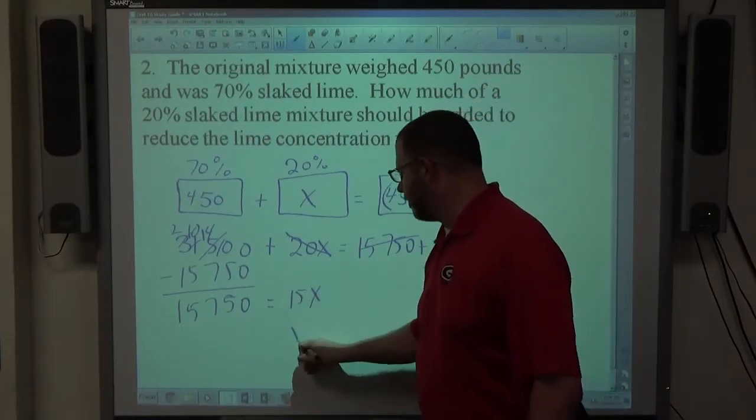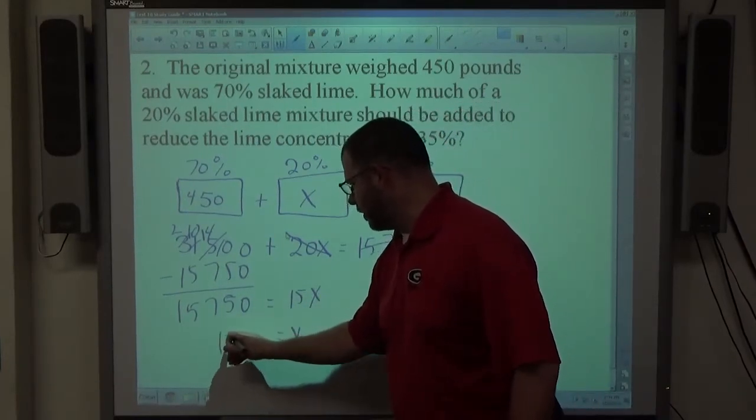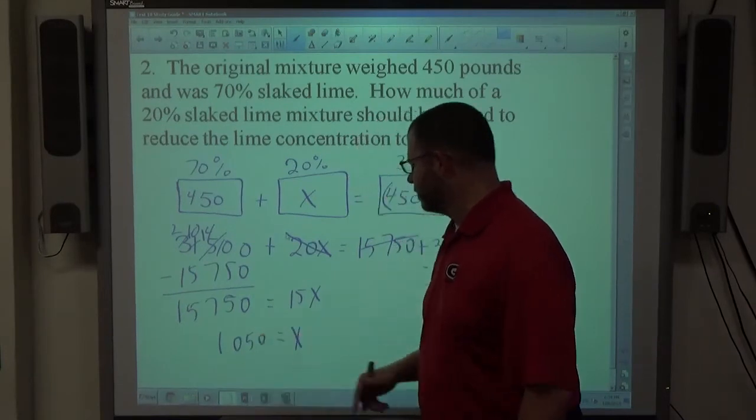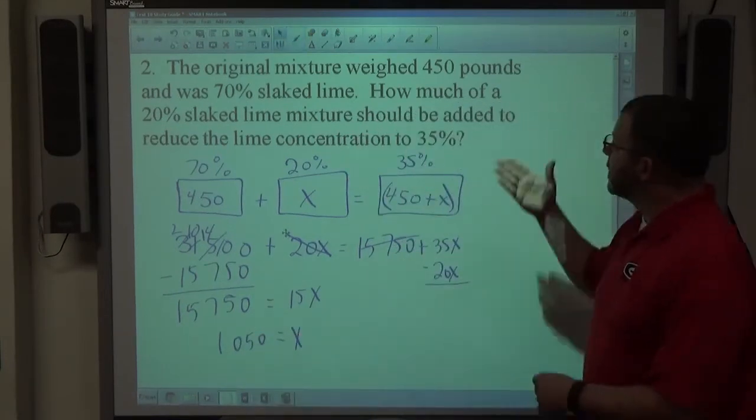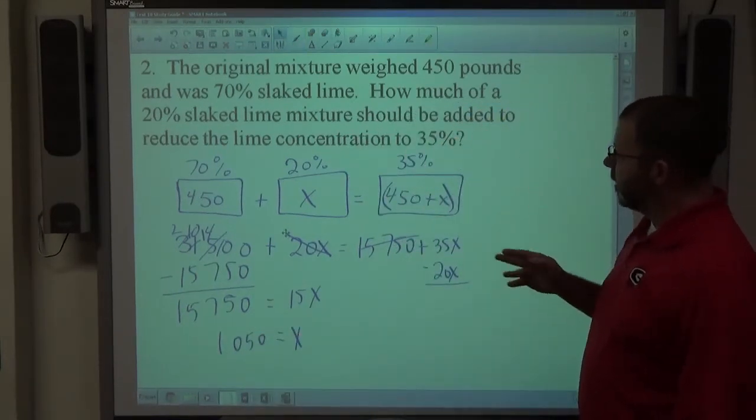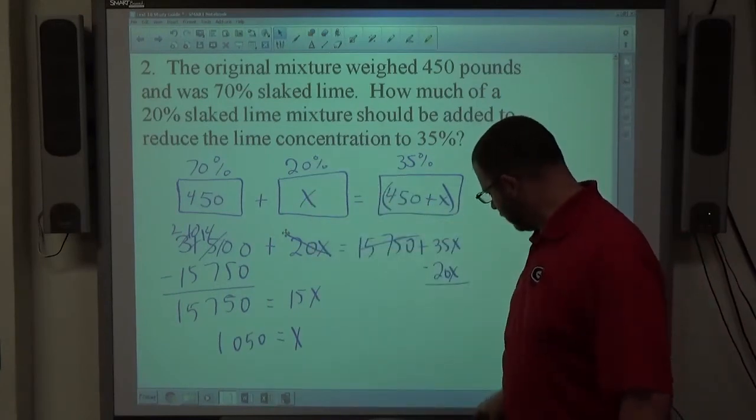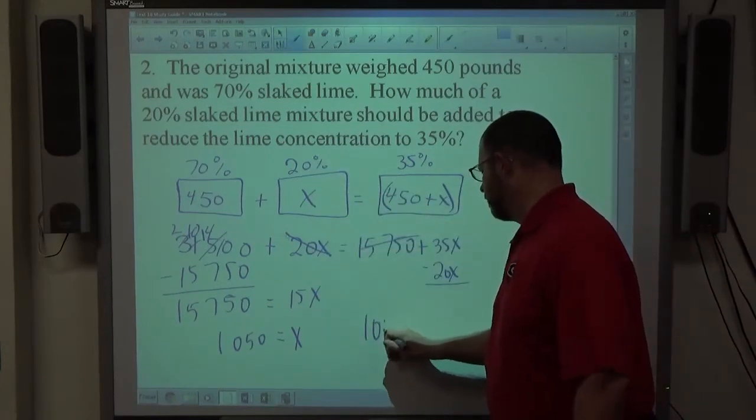Divide both sides by 15, we get x equals 1050. And it says how much of 20% should be added. X represents the 20%, so the correct answer is 1,050 pounds